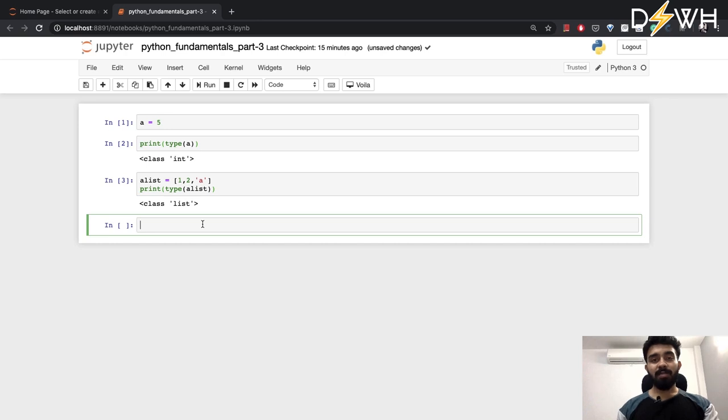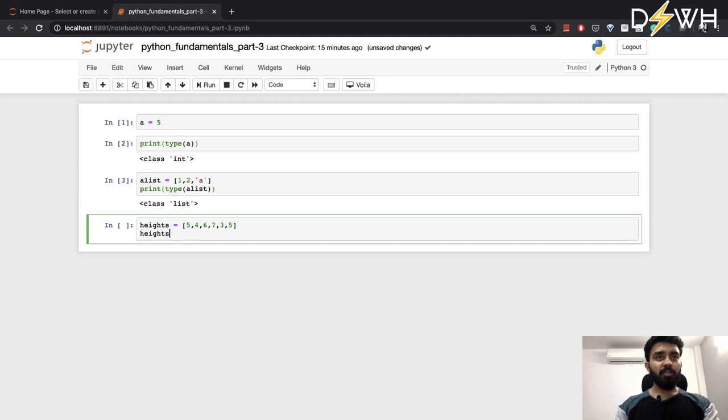Now a class also has a few procedures or methods to interact with the data, to interact with the object and change its state. So let's say I have this heights list. I'm creating this list, and the elements I can put are 5, 4, 6, 7, 3, and 5 again. This is my heights list, and I have a function called sort, which is an available method for the class list.